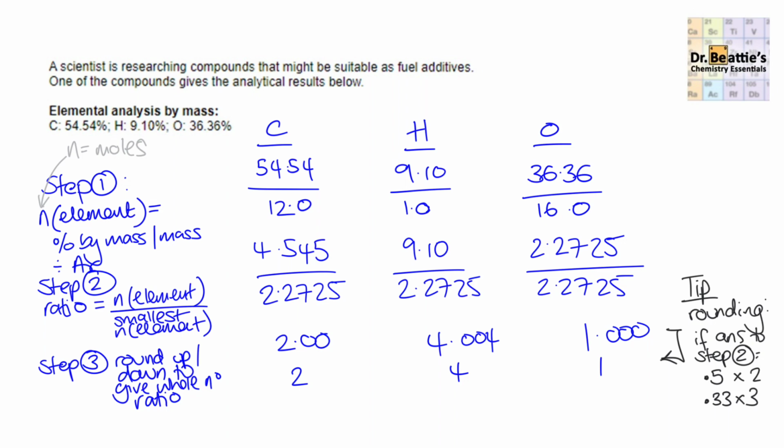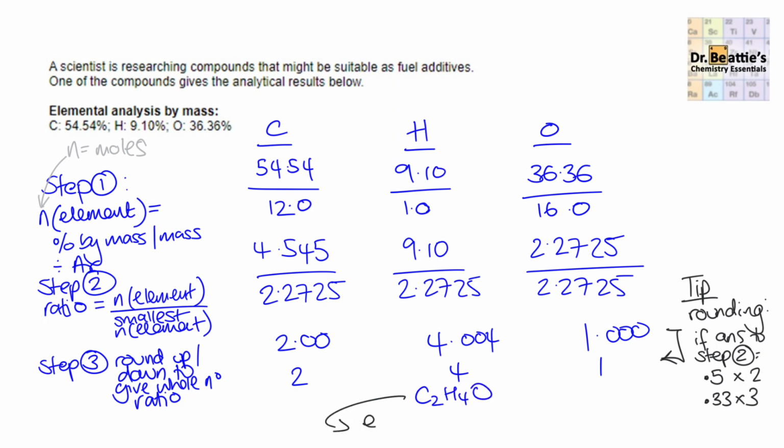Just taking this for example, if it was 2.5 at this stage, you'd multiply this by 2 to get 5, then you'd multiply this by 2 to get 8, and this by 2 to get 2. Also, if you find that it's 0.33, then you times everything at this stage by 3, and this will give you a whole number for each of them. So it's really key that at step 3 you have a whole number. After step 3 you have the empirical formula. In this case the empirical formula is